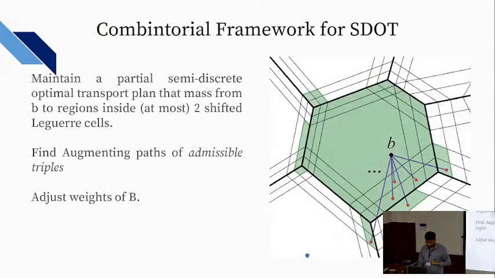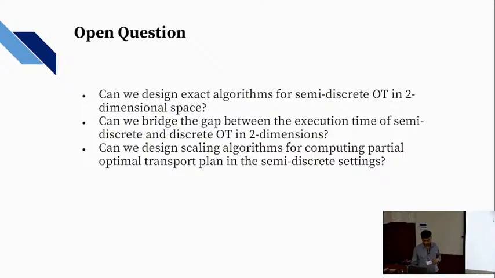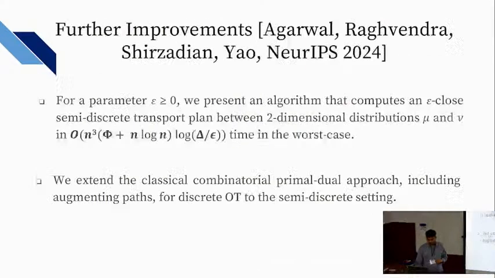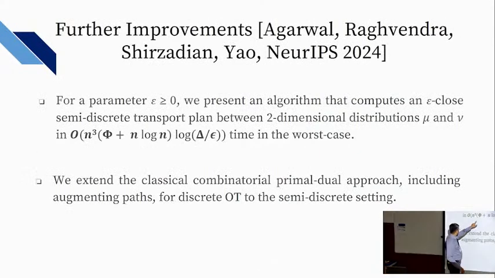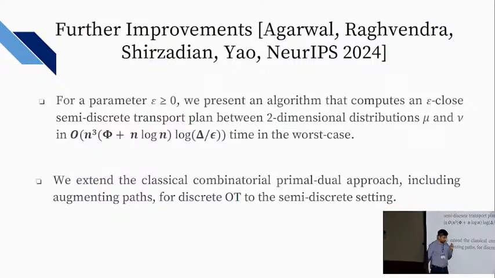Yeah. So what's phi? This is the query. When dealing with continuous distributions, I may have to query a triangle and ask what's the mass inside the triangle, right? All these regions that I get, and I choose a representative point, I want to know what's the mass of the continuous distribution inside the region. So we assume there's an oracle that can answer that in this much time. So phi is the query time of that oracle.